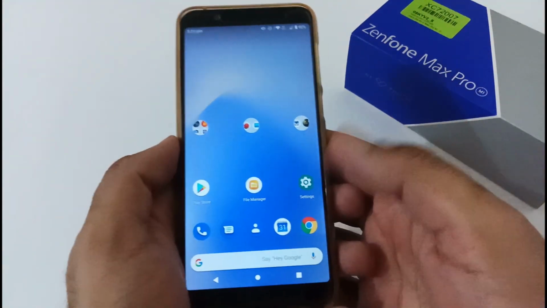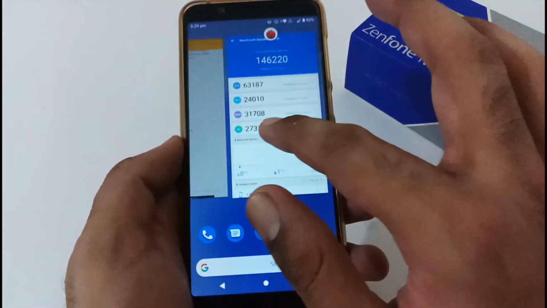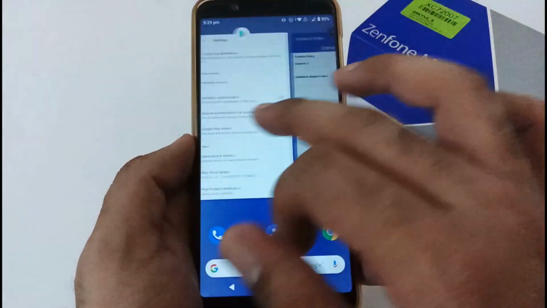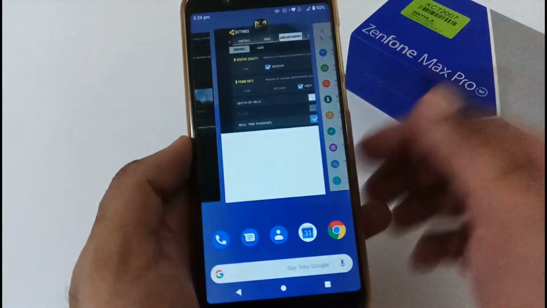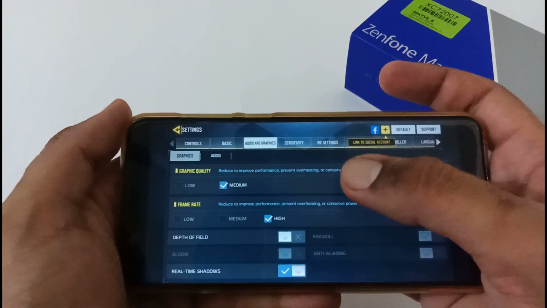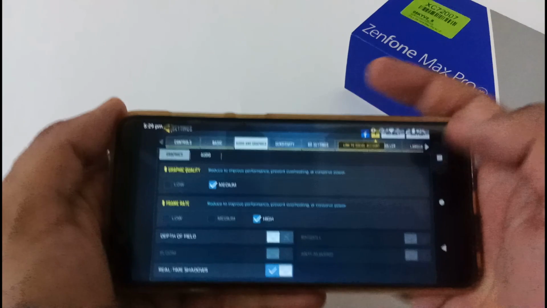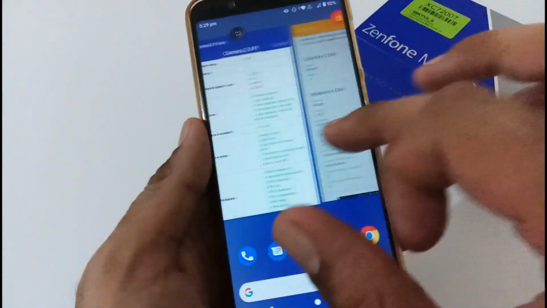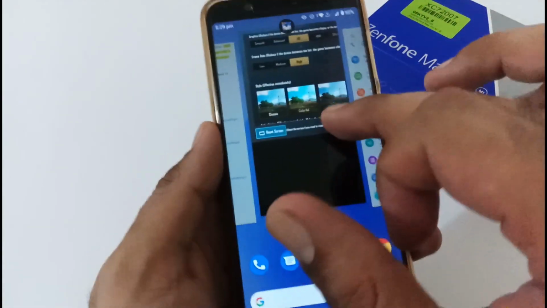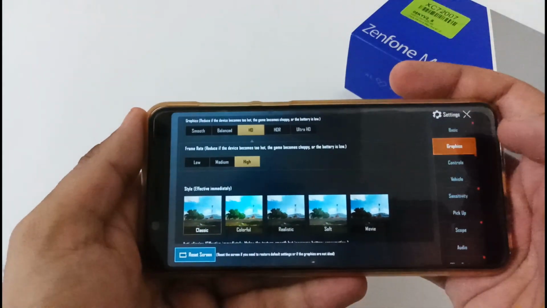Now let's focus on memory management. Let me open a few graphics-centric apps. Firstly, let's open PUBG Mobile or Call of Duty. So first, open Call of Duty. You can see it has opened from the same window where we left off while creating this video, rather than starting from scratch. Apart from this, let's move to PUBG Mobile. Again, it has also opened from the same window where we left off.